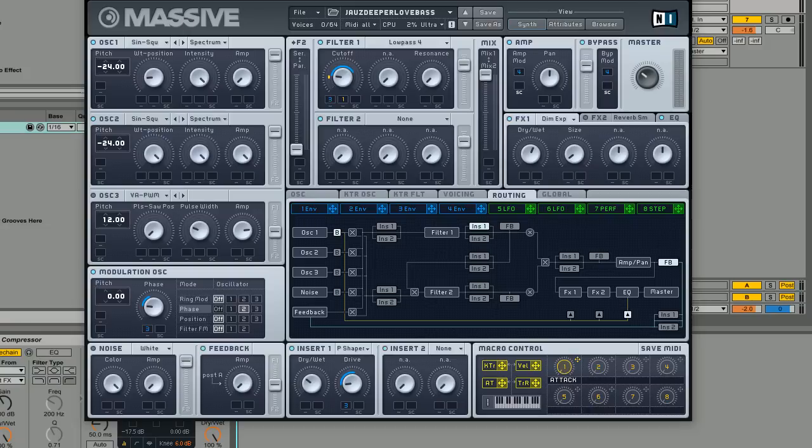In this video we're going to be looking at this bass sound from JAUZ's track Deeper Love. Really cool sound, and you'll have actually seen me and heard me mess around with a macro down here, because